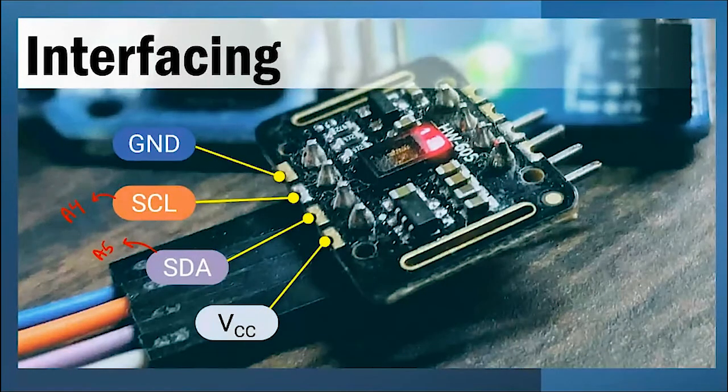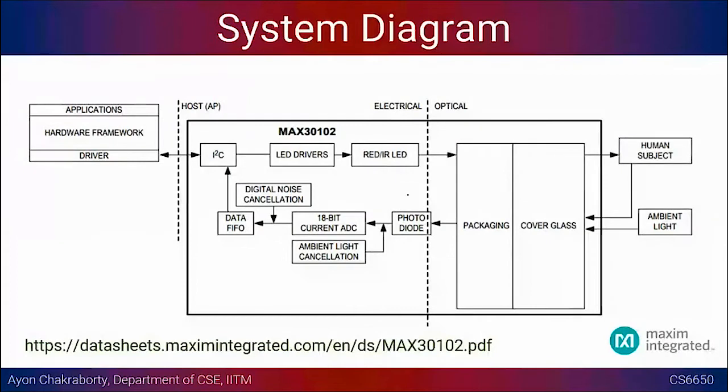Okay, so this is about the interfacing, and let me explain a little bit about the sensor and what it contains. So you already know in an abstract sense that it has to contain two types of LEDs, the red LED and the infrared LED, as well as the photodiode, right? And what else are the different hardware modules we have inside. So this is the proposed system design that one should have if you are using the sensor. That is already there in the manual book. You can check this manual from Maxim Integrated.